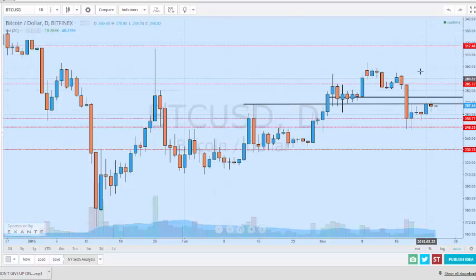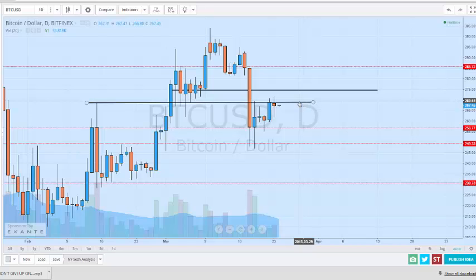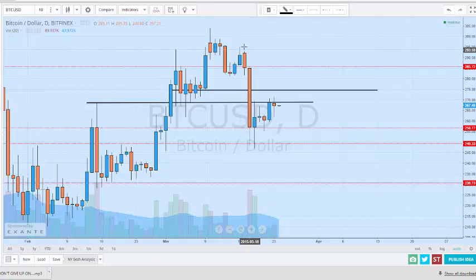I'm thinking if we don't break this resistance soon, if we don't get up here and get on top of this resistance within the next day or so, I'm going to be looking for some deep targets, and it might not get there this week. But this stands out pretty obviously. Just a basic